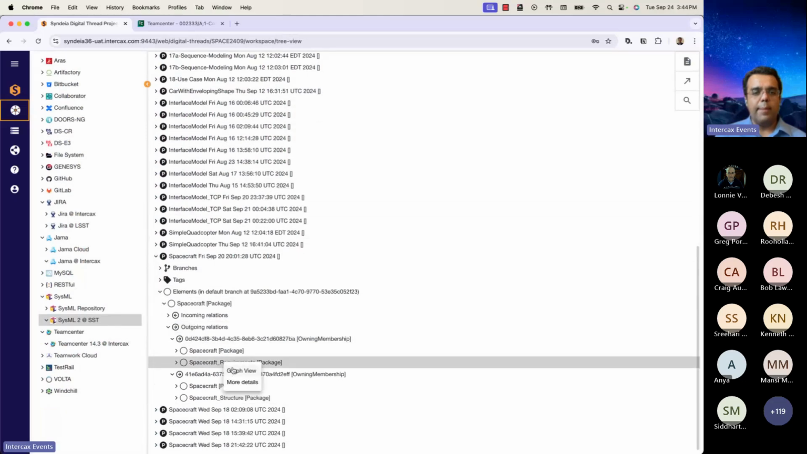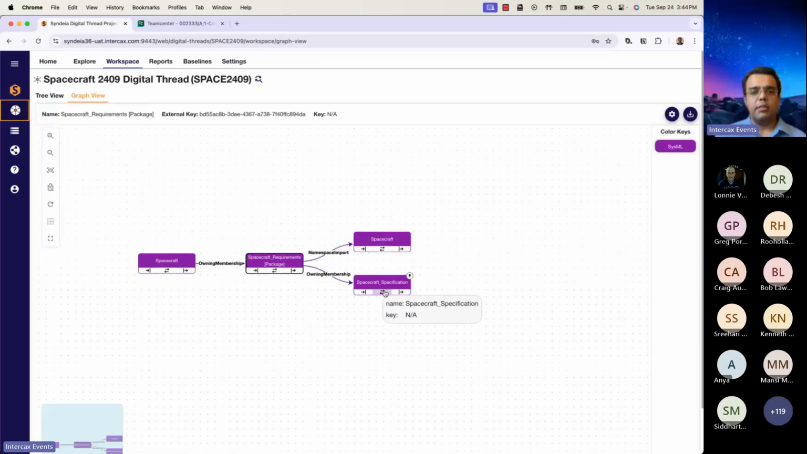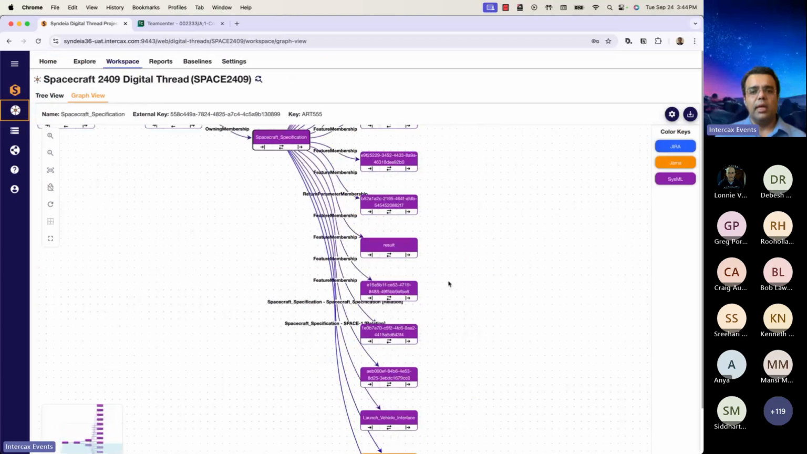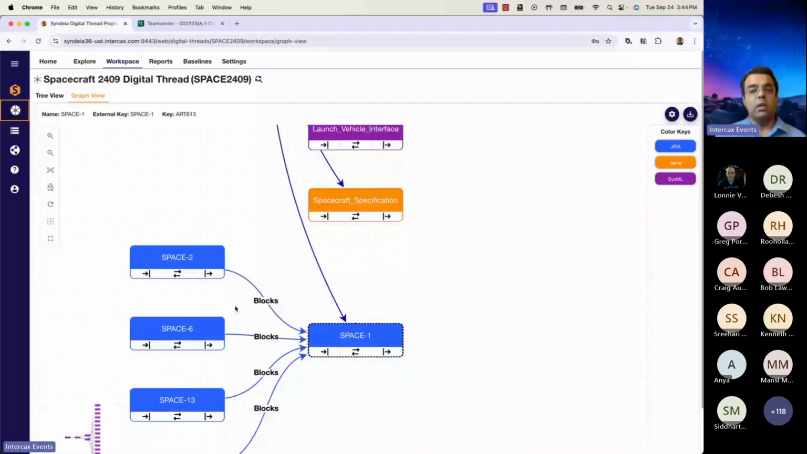So if I look at that requirements package here, I can see that the spacecraft specification that we have in SysML is linked to a ticket in Jira. We saw that in the morning, so nothing new here compared to what you saw in the morning. And that Jira ticket is linked to other things. We just generated that as I was showing in the previous video. Now I'm starting the navigation from a